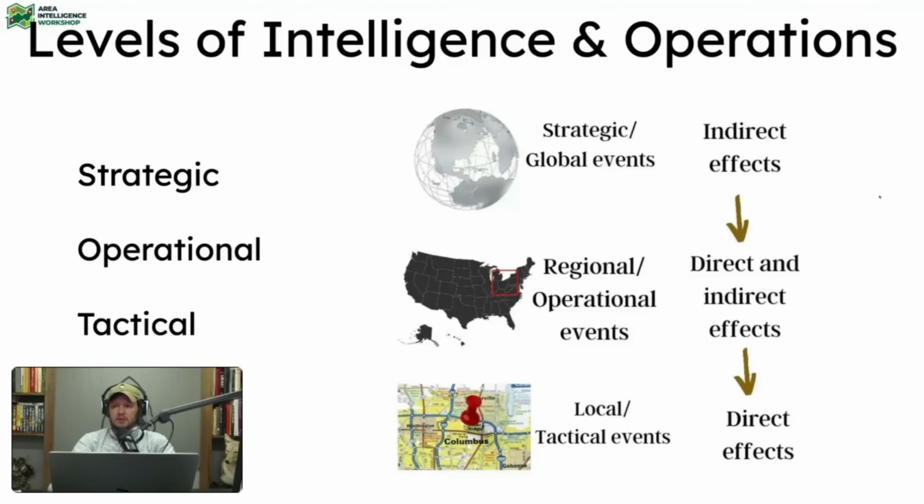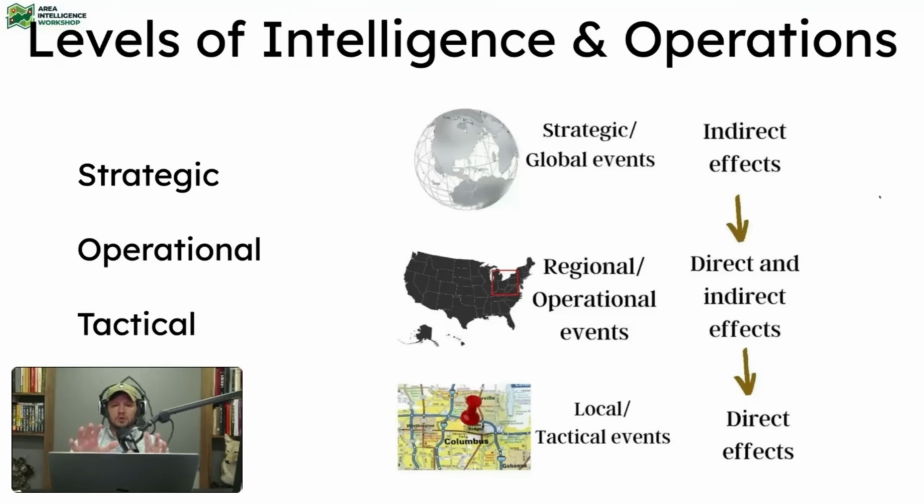When we talk about a war with China, it is a strategic issue. It's a strategic problem. Why? Because it's literally halfway around the world. We can also talk about strategic in terms of time. If 2027 does end up being the year that we go to war with China, that's 2 years away. That's a long time. That's a strategic time frame. Basically, like 3 to 6 months out, you start getting into the strategic time frame, as opposed to 5 minutes from now, which is a tactical time frame.